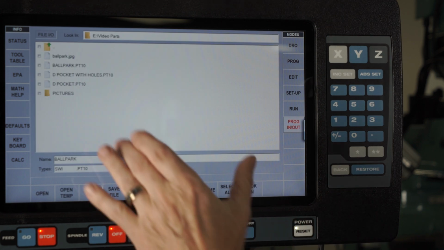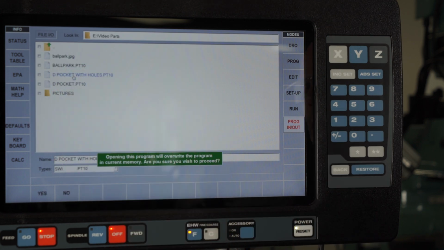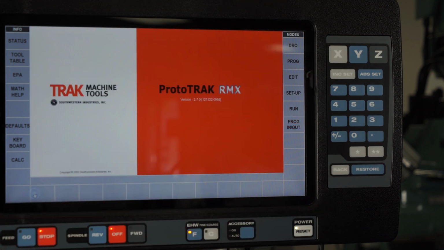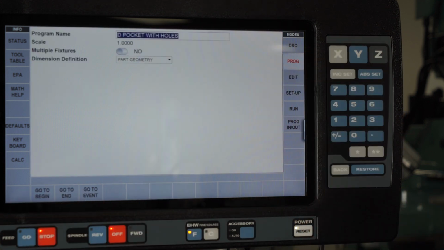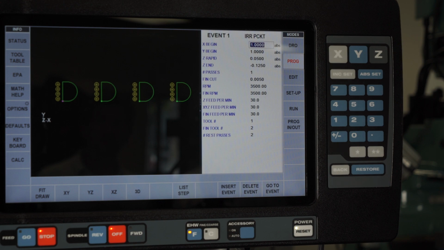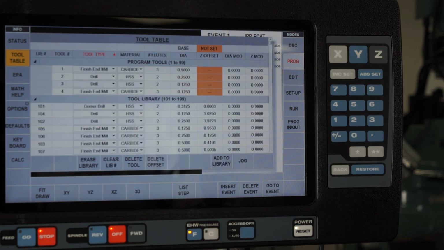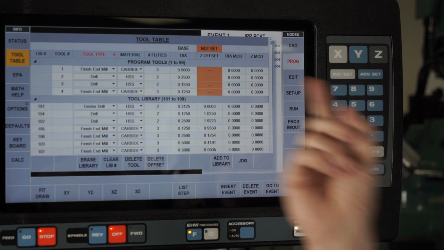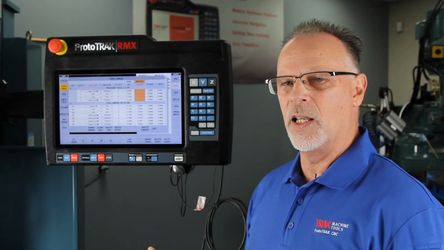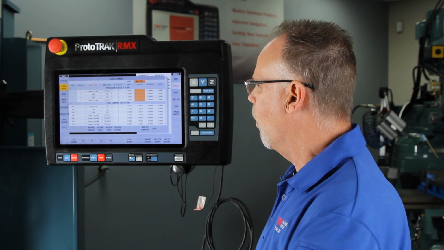So I'm going to go back to my original one, which is this D pocket with holes. It tells me I'm going to override. I say, yeah, I know that. When I bring that program out, I've got the entire program here, but of course it's a storage file. So because of that, even though it knows what tools I used when I made it the first time, it doesn't remember anything about where part 0 is, or which tools were actually set up for this job, any of